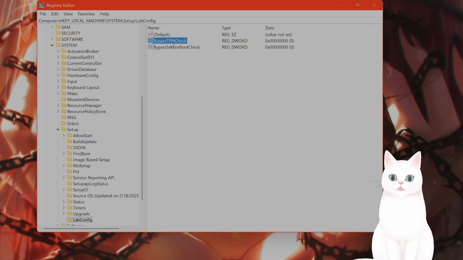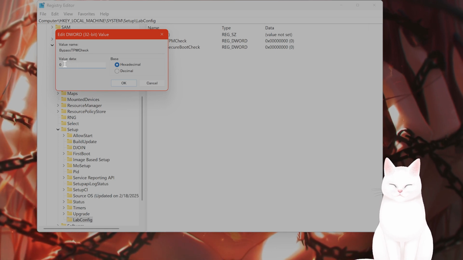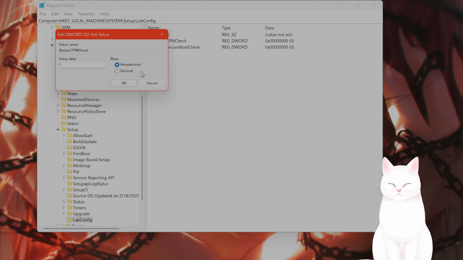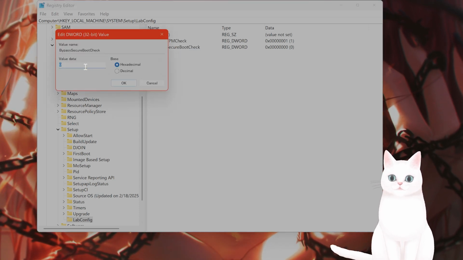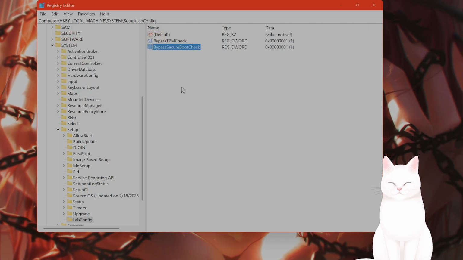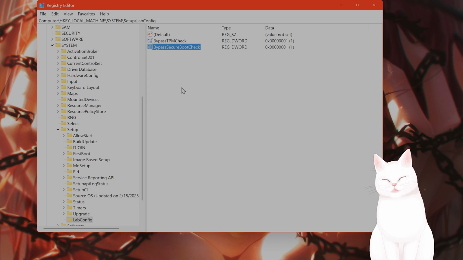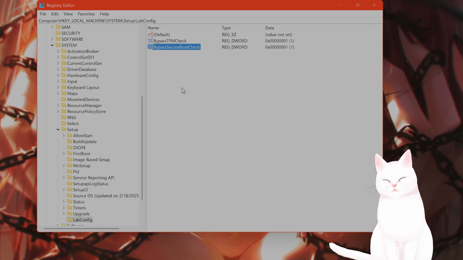Now you want to double click each entry and set the value data as 1. And this one too, the value data as 1. Now close the registry editor and command prompt, go back, restart the installation, and this time you'll be able to proceed